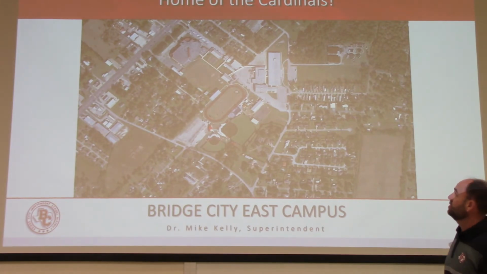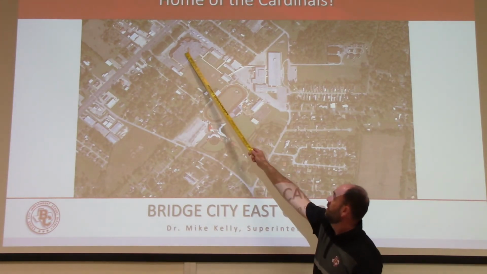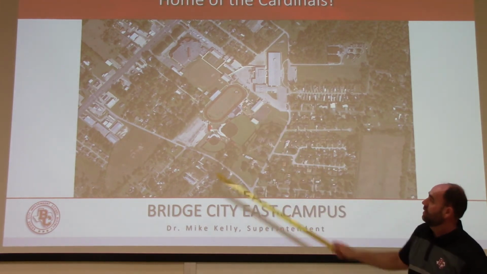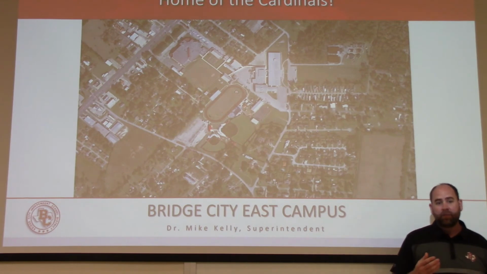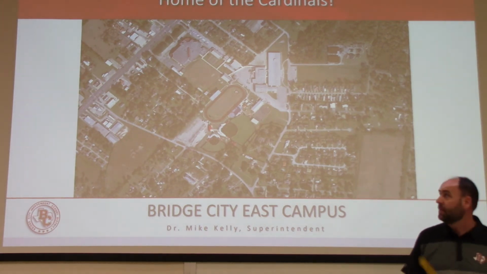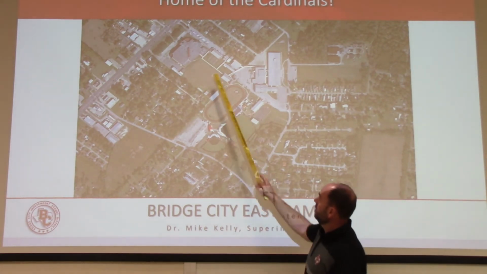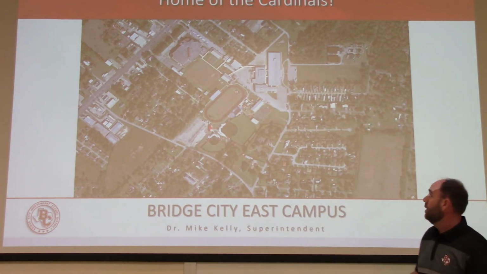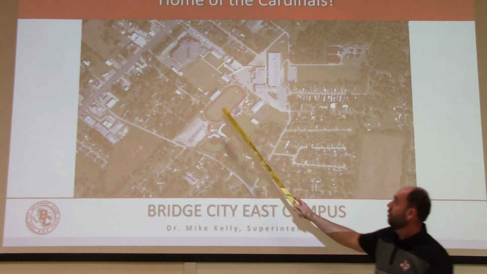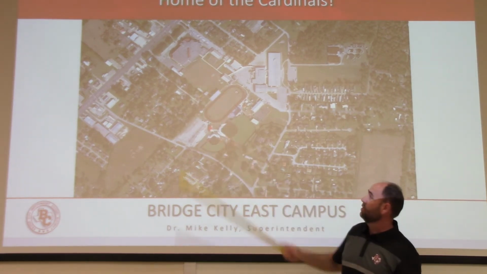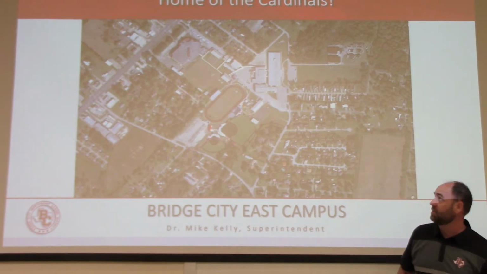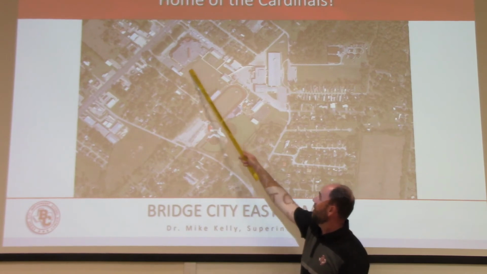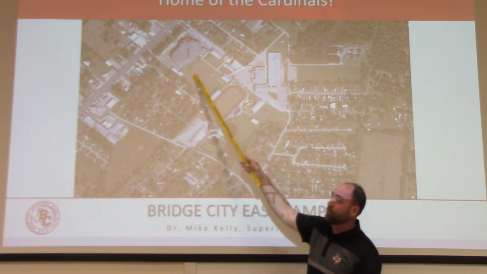just to kind of orient you a little bit, here's the high school, the middle school, and then our extracurricular facilities here. When we talk about the need for a CTE center, really the only places we have to build on this side of town and land that we already own is across the street from the middle school or behind the high school. So when we talk about building our CTE center or wing or building, we're talking about this space in here that these are practice fields.